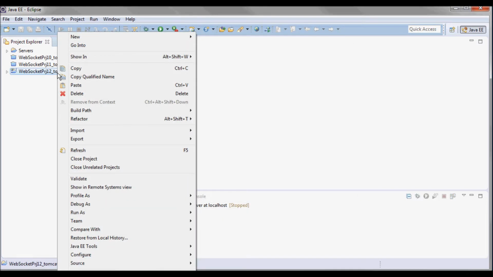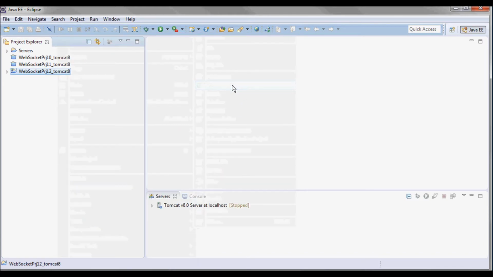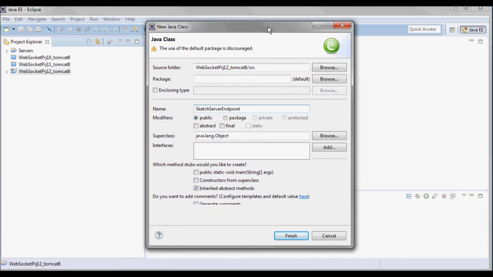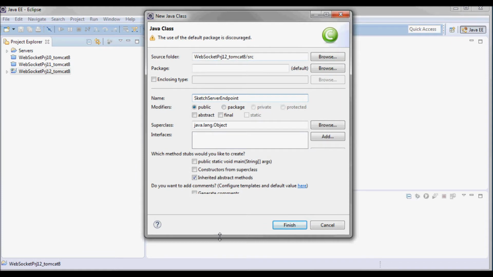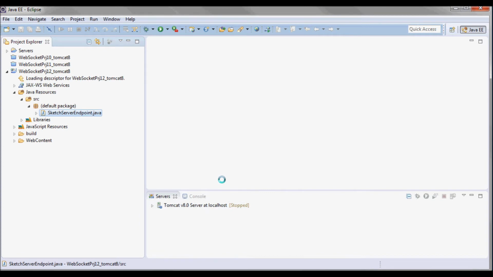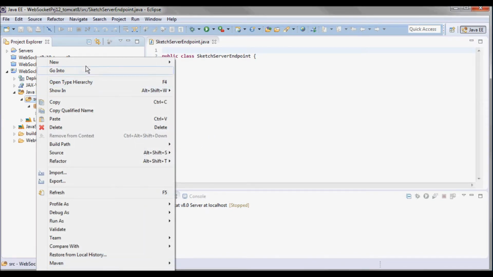And here I'll have this Sketch Server endpoint as server endpoint. And let me actually put it in this package.